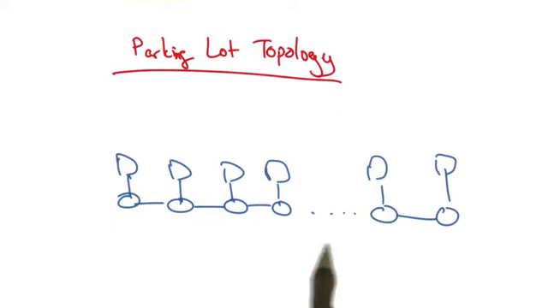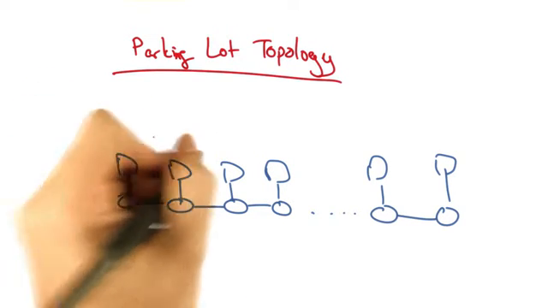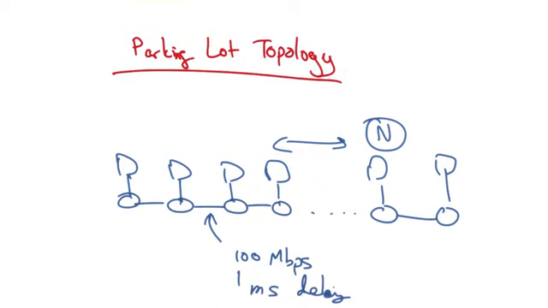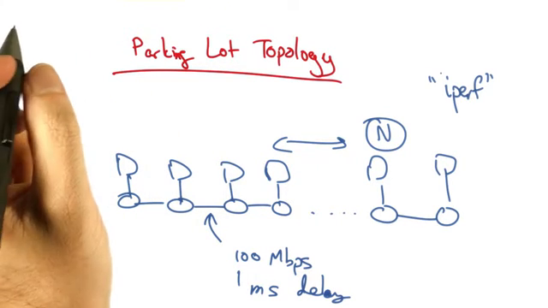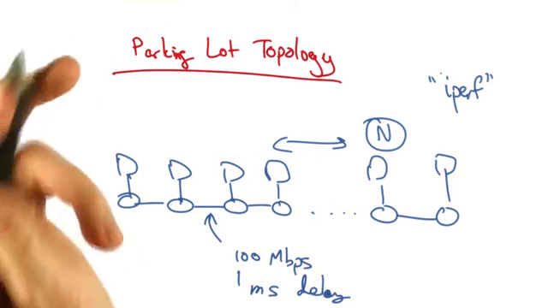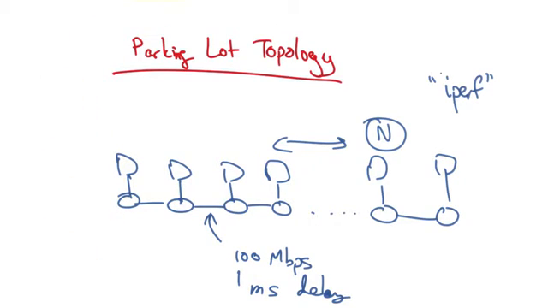So in the assignment, you'll create the topology below with the following parameters. N will be the number of receivers connected via this switch-like topology. The data rate of each link will be 100 megabits per second, and the delay of each link will be 1 millisecond. Now you're going to use iPerf to generate simultaneous TCP flows from each of the senders to the